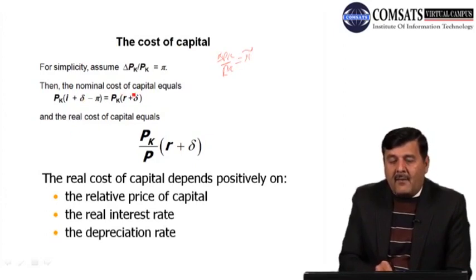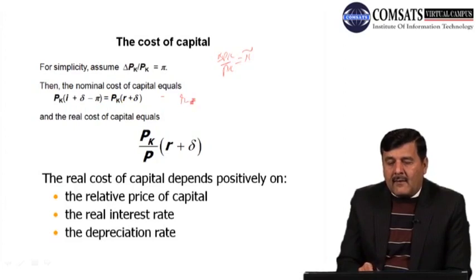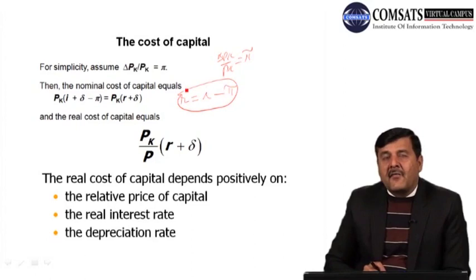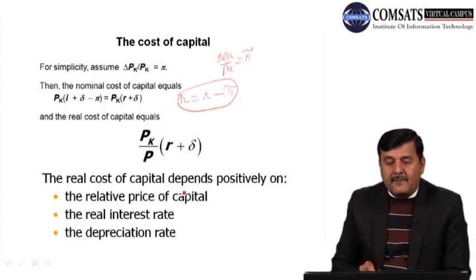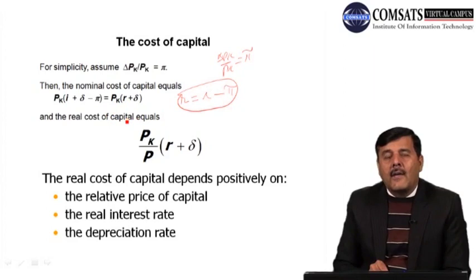So then the nominal cost of capital will be equal to PK into i plus lambda minus pi, and it is further written as, we know that the real interest rate is equal to the nominal interest rate minus inflation. We have already studied this when we talked about exchange rate and interest rate. We saw that the real interest rate is equal to the nominal interest rate minus inflation. So if we just replace this equation, we get the cost of capital equal to PK into the real interest rate plus